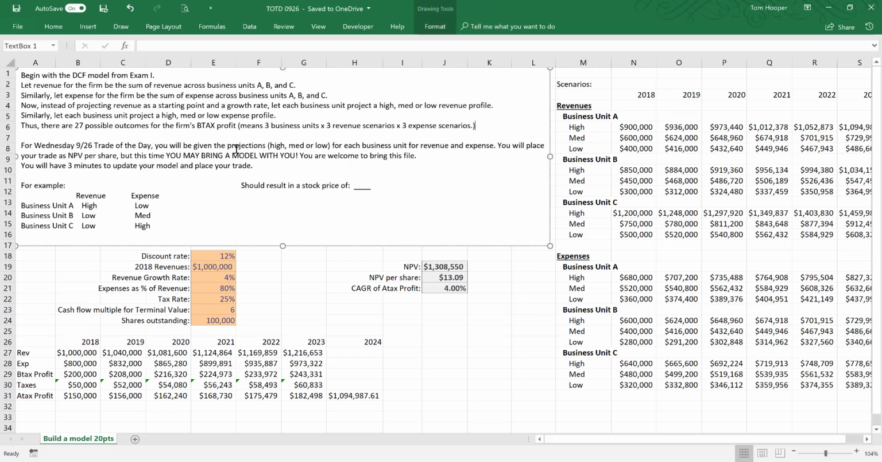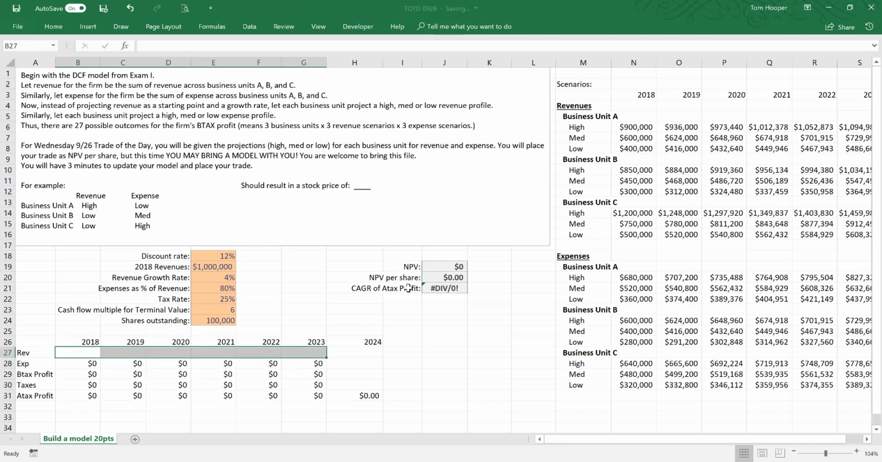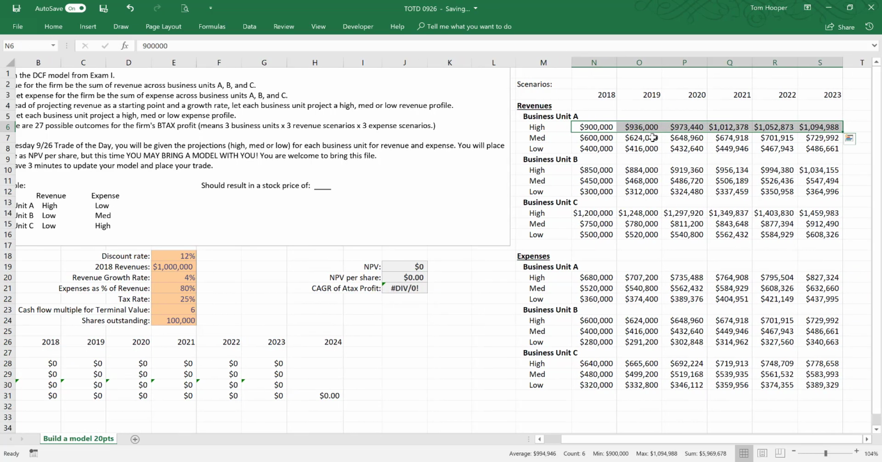So for the trade of the day, I will let you know which business unit has which projection, and all you have to do is grab these numbers, add them up, and put them in the revenue line and the expense line. For example, if business unit A has a high revenue and a low expense, business unit B has a low revenue and a medium expense, and C has a low revenue and high expense, then what you would do to find revenue, come over here and grab the high revenue,